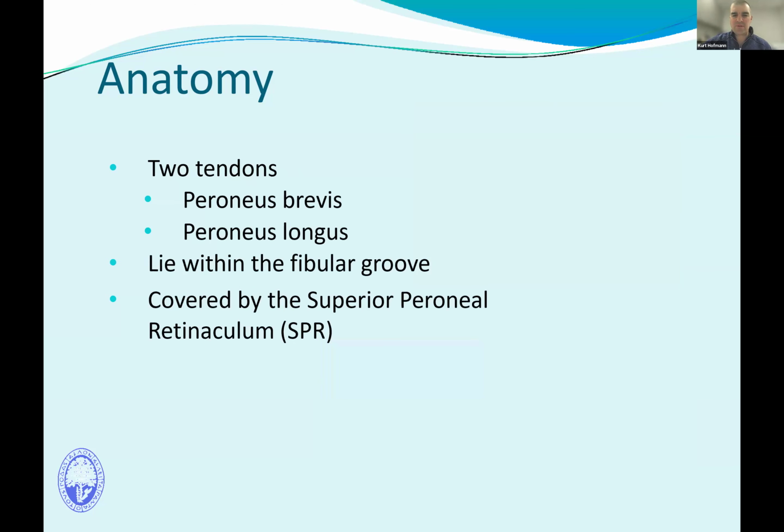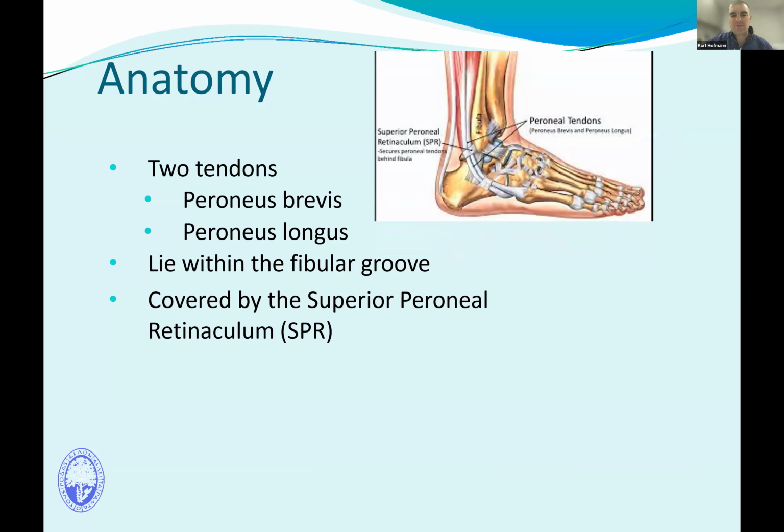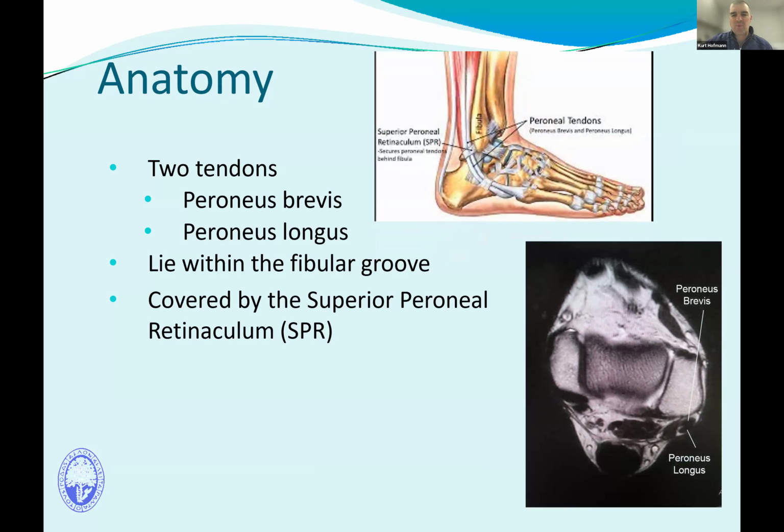In addition, there are two tendons that run in close proximity to the lateral ankle ligaments. These are the peroneal tendons, which you can see depicted here. There's a peroneus brevis tendon and a peroneus longus tendon. The peroneus brevis tendon runs within the fibular groove. It tends to be closer to the bone, as you can see depicted in the MRI image to the bottom right. These tendons are covered by what's called the superior peroneal retinaculum,